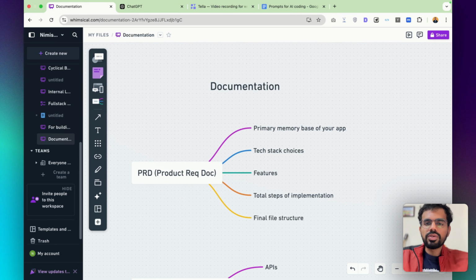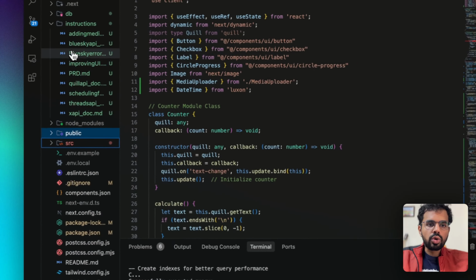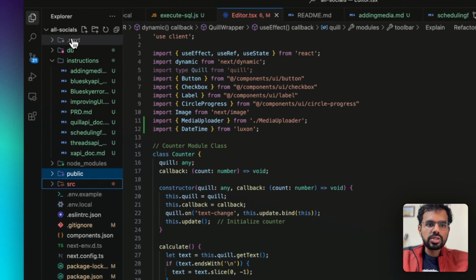This becomes really important when you're coding with AI, because it has a limited context window. It cannot remember everything. So you would have to build a step by step process that it can follow to build specific features or specific integrations. So total steps of implementation and the final file structure. If you go to any project, you will see that there are multiple files and multiple directories within it. AI needs guidance on which file needs to be created where. That is what you mention in the PRD.